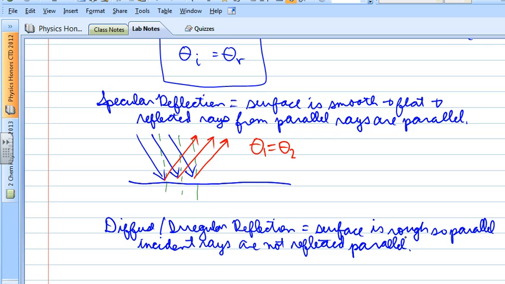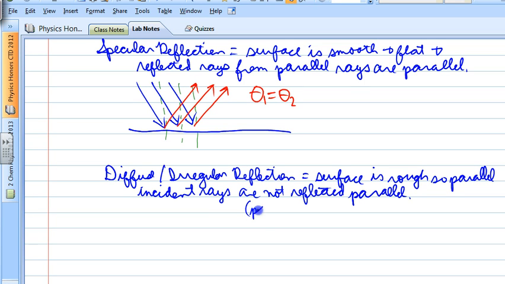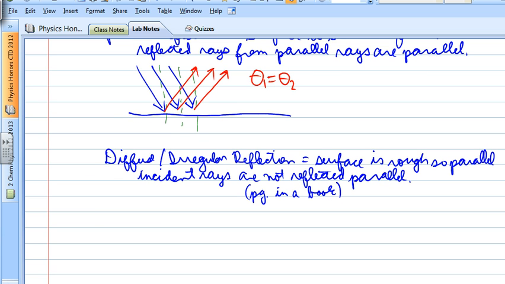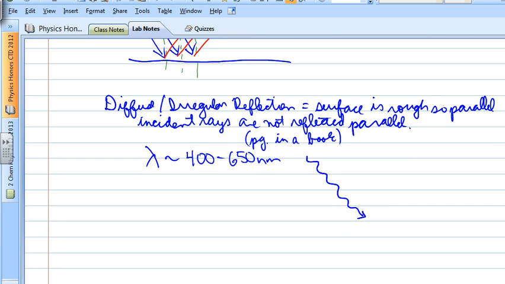You might be wondering, the page of a book looks pretty smooth to me, right? But when you think about the wavelength of light, the wavelength of light is on the order of something like 400 to 650 nanometers. And if you think about a little wavelength of light kind of wiggling and coming in, maybe that's not the best drawing, but here is a surface that's kind of a little bit jagged,